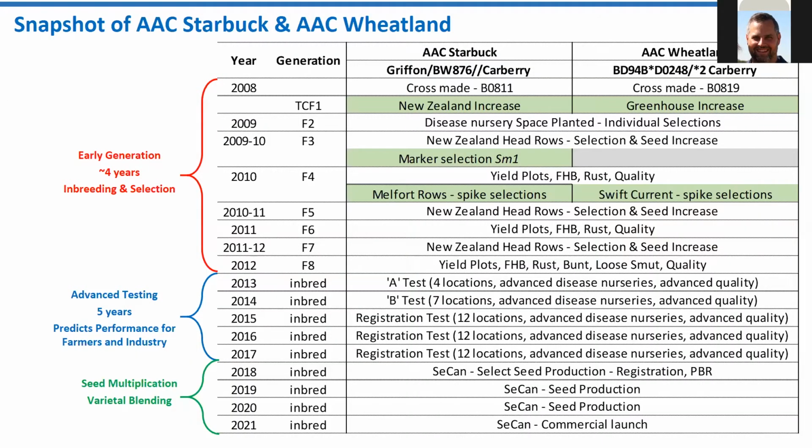So to put all this together and use a real world example, I've got Starbuck and Wheatland here, and I suspect Jim might talk about them a little bit. The crosses were made in 2008. They have pedigrees listed there. Starbuck's in the left column, Wheatland's in the right column, and they follow a very similar protocol, but where some things are a little bit different, I've highlighted them in green. So going from the cross in 2008 to essentially inbred lines in 2012, roughly 4 to 5 years,